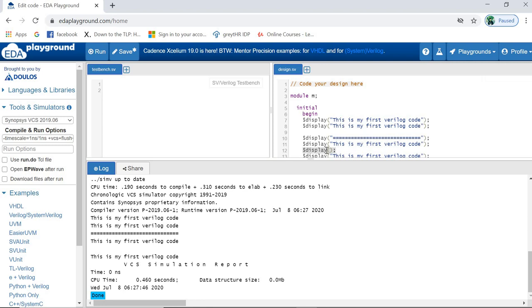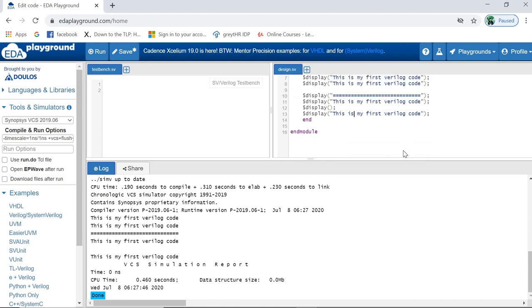But here, if you are not writing anything in the parentheses, then it is running including one new line. So I just wanted to tell you, if you are displaying without anything in parentheses, then it will introduce one new line character here. It will add one new line. So after that, it displays the later part. I hope you understood what I am trying to say. And again, see, after displaying, it will automatically add one new line.